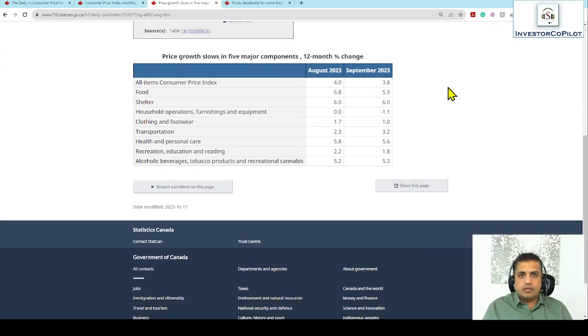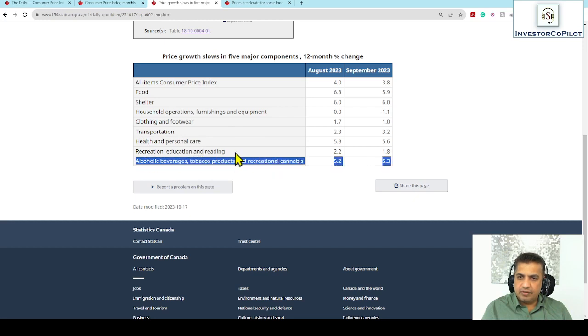Now we will switch directly to the percentage table. All items CPI had risen by 4% in August 2023, and it has risen by 3.8% in September 2023. So this is a 12-month percentage change. Please mind that. Now, the important point that I want to make through this chart is that the most pressing needs, the immediate and unavoidable expenses, are for most people food, shelter, transportation, health and personal care, and to a certain degree, I would say